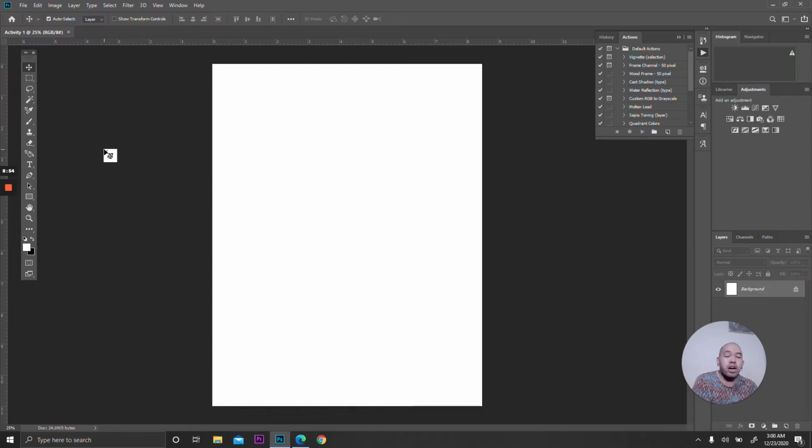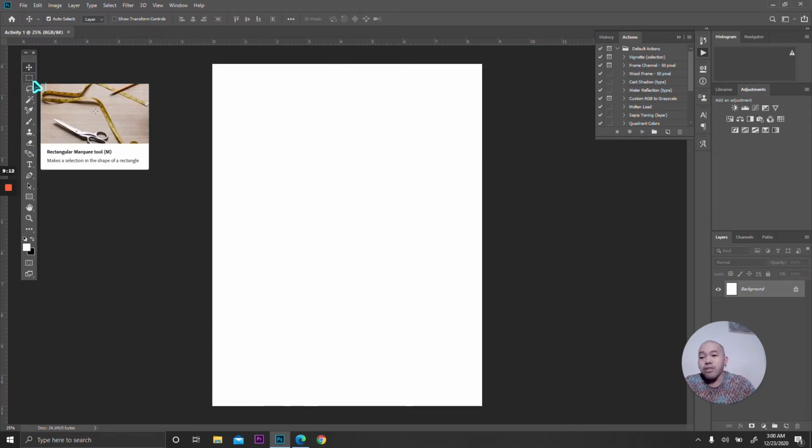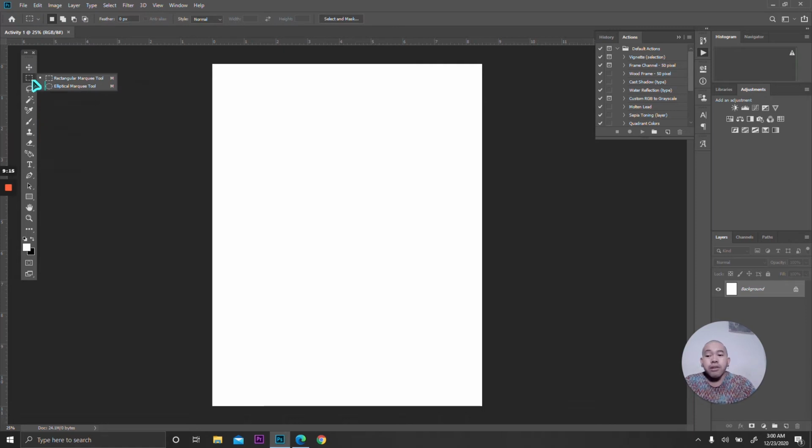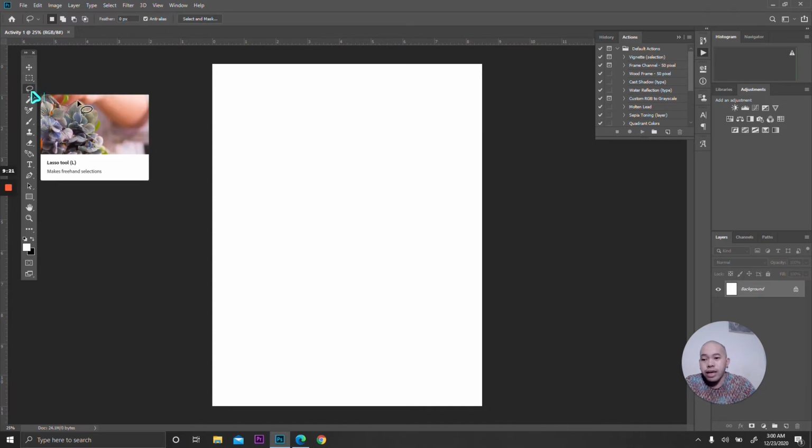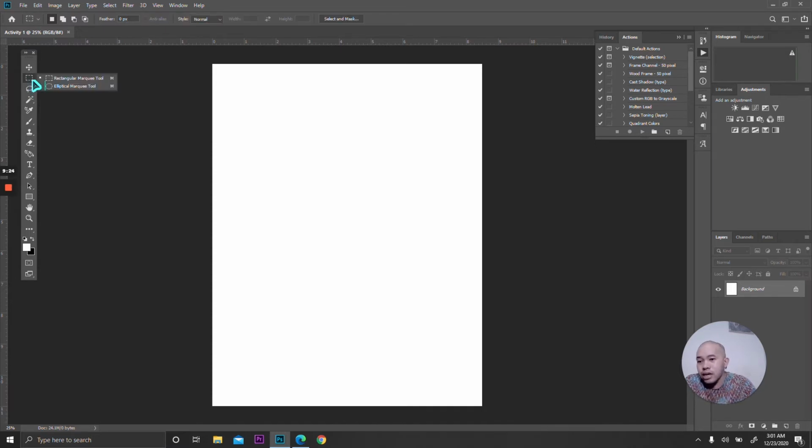or a dropper tools or tools para ma-enhance yung skin ng model mo. Then dito yan lahat makikita sa tools. And if mag-select ka ng tools dito or gagamit ka ng tools, meron tayong mga hidden tools. If you want to select the hidden tools, you can just click the tools and then automatic na, like for example, this one, this is a marquee tool, so you can select like rectangular, it's either rectangular marquee tool or elliptical marquee tool. As you can see, meron siyang maliit na